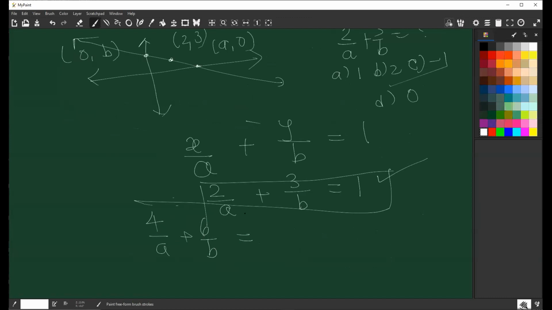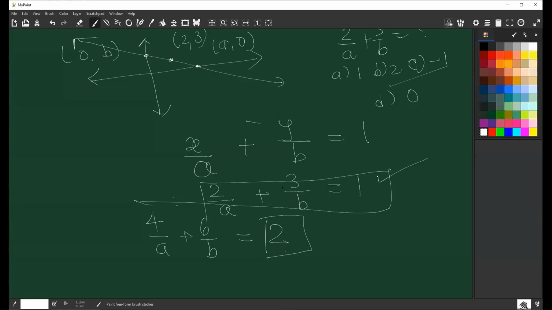What will be the value of 4? Yes, 2, because you will multiply throughout by 2. So such same questions, which are very simple, they will convert into a CET problem and they will ask you as MCQs. Is that clear? So you have to be very clear in understanding.